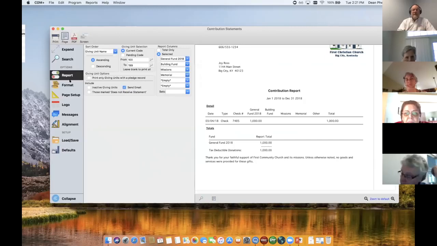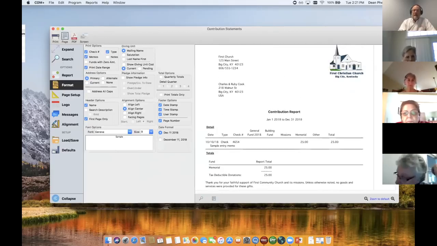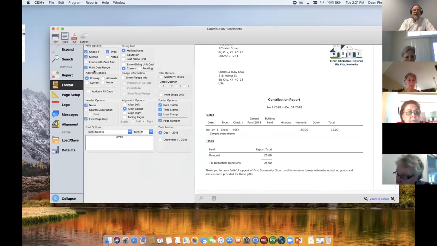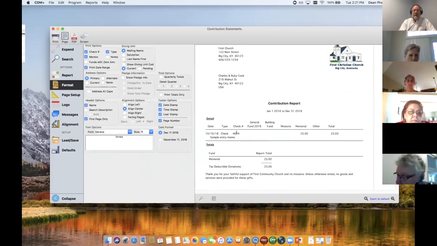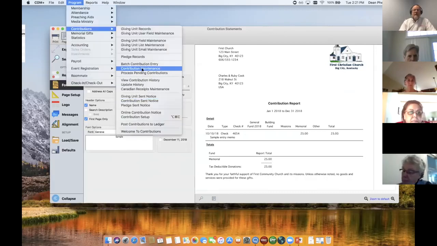So we've covered the Search tab and the Report tab. Let's take a look at the Format tab. Let's start in the top left here under Print Options. You can see I've got check number and type checked, so we are including the check number and the payment type on the record. I've chosen to include memos